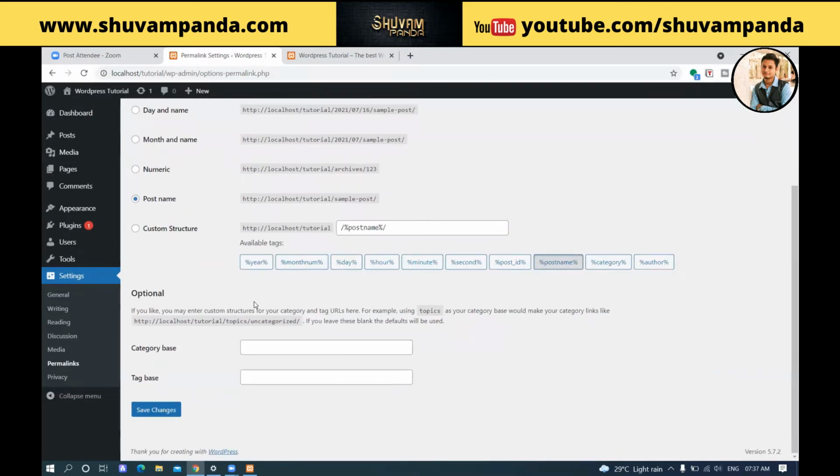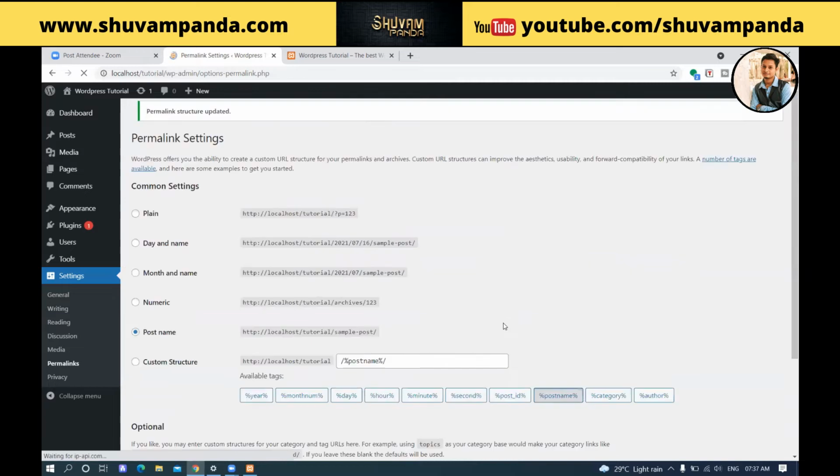Okay, so in here I have got some extra optional items available. You can add your custom structure for the main category URL of traffic. If you want to add some custom URL structure, you can do that. Again, you need to press the button called Save